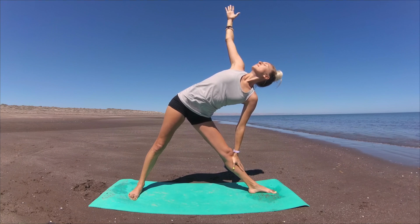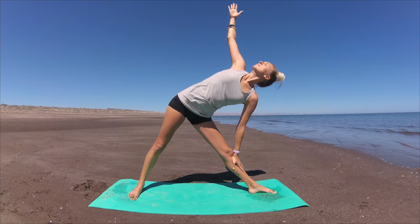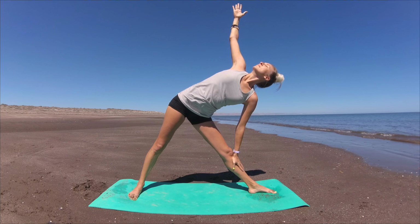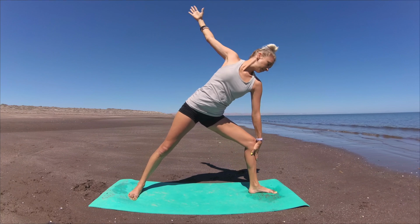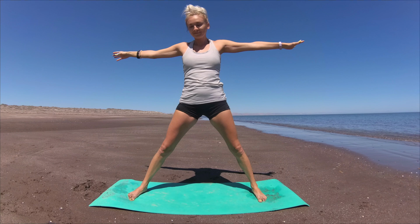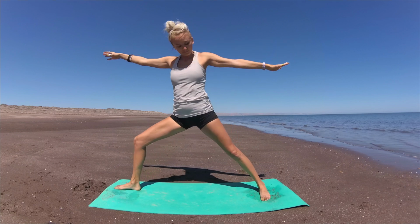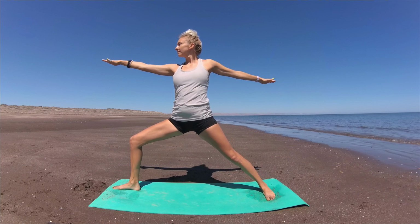So we find that nice opening in your chest, staying broad and open, spiraling your heart center towards the sky, rather than lowering all the way to the mat, which can lead to your chest rounding forward, caving in. Lower your gaze towards the mat, bend into your front knee, press down through your front sole foot to rise up, then open your front toes to the side of the mat, and then your back toes open to the back of the mat. We are going to take this same warrior sequence to the second side, beginning with warrior